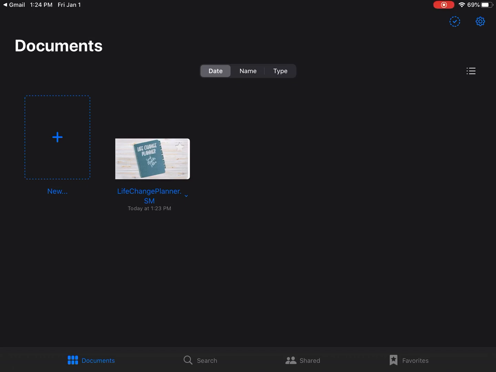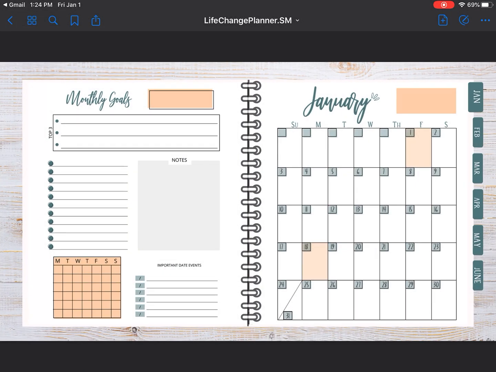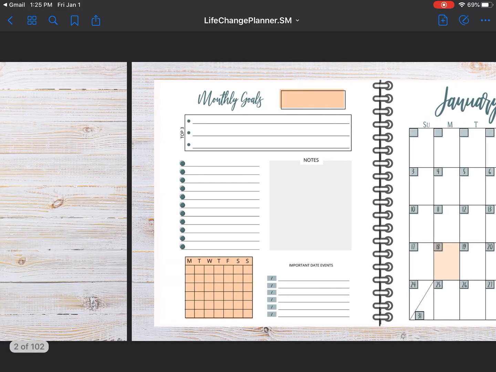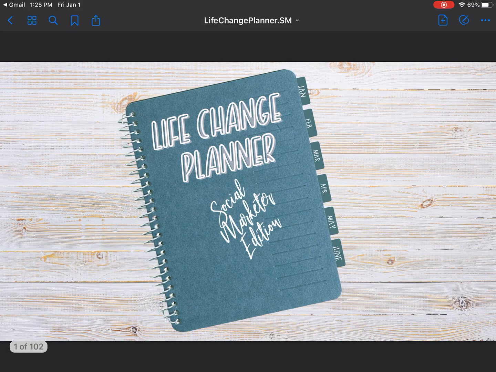So when you get the document, you download it and then you share it to Goodnotes, or you can just click on New here and add it in that way, find it in your files. But once you're in it, when you open it up, you can actually scroll back. Here's the beginning. So when you're on the beginning, you can click on January, February, March, and go to that